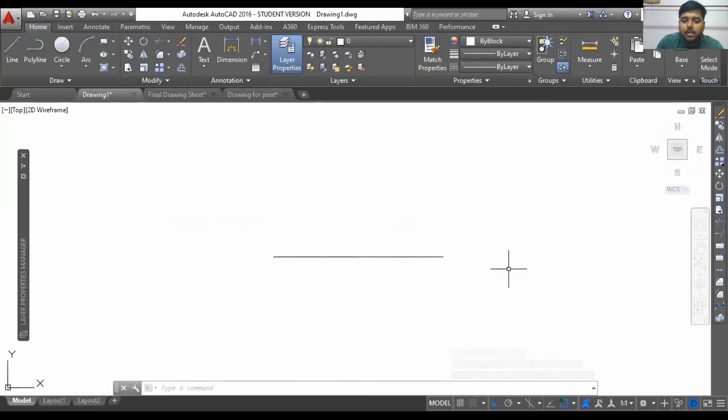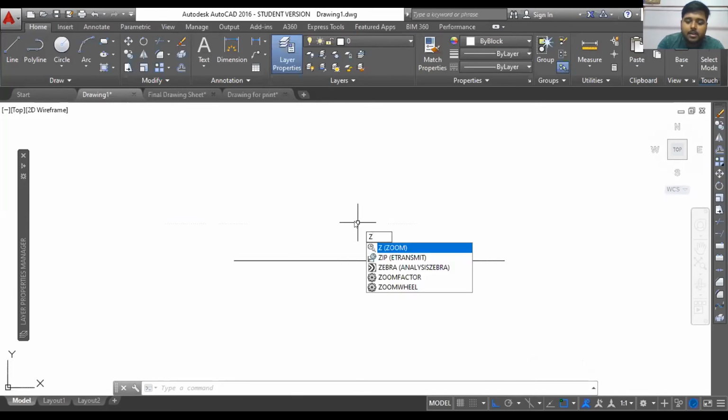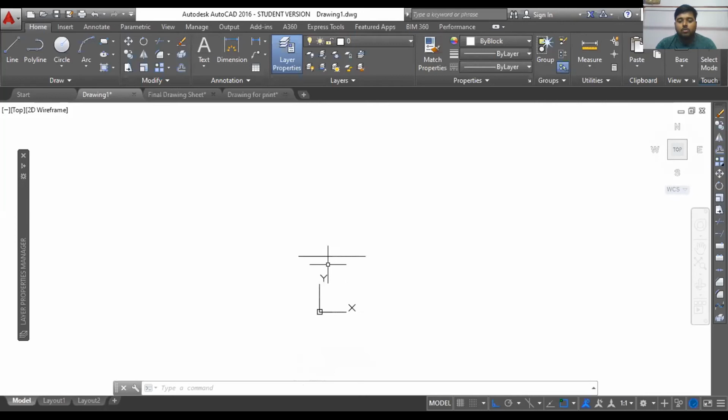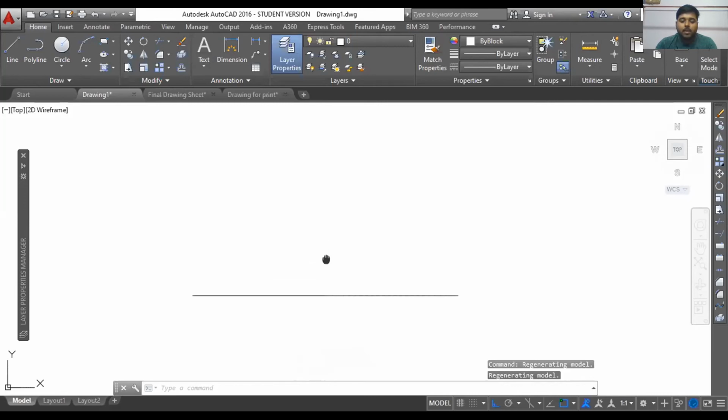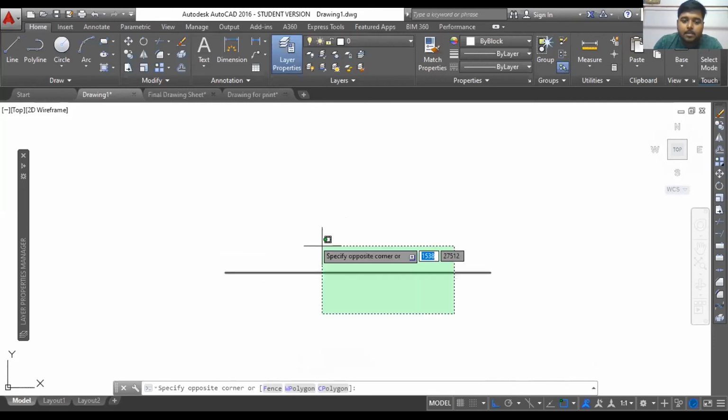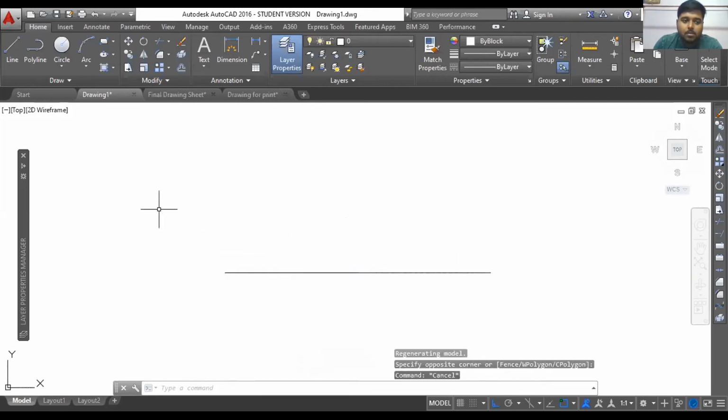Okay, so it is now easily watchable, or you can easily see it. And if I enter Z enter, A enter, you can see how it already stays at that point. It will not zoom out or zoom in too much, or zoom out to make it very little, almost unbearable to see. So that is the thing. You can easily do that.